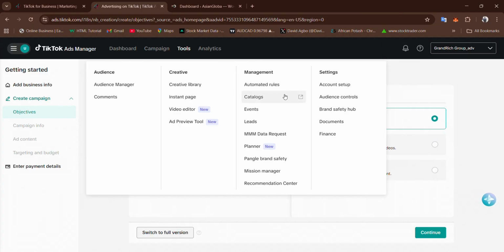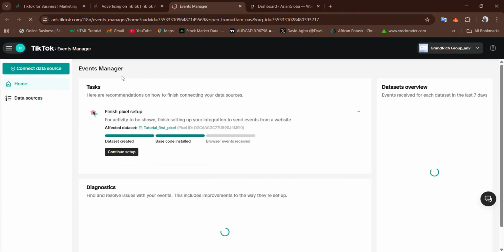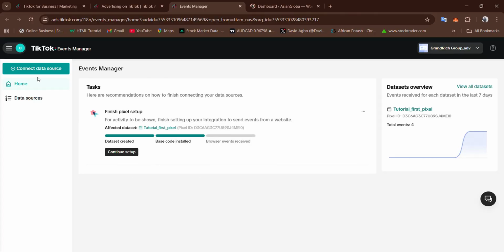So come to this section that says management. Under this management, you are going to see events. This is where we are going to create our TikTok page. So click on it, and once it opens, you are going to see connect data source. But if this is the first time of doing this, you will be asked to